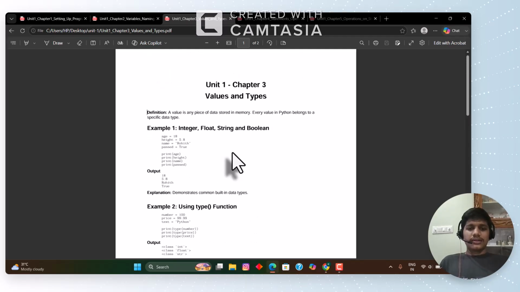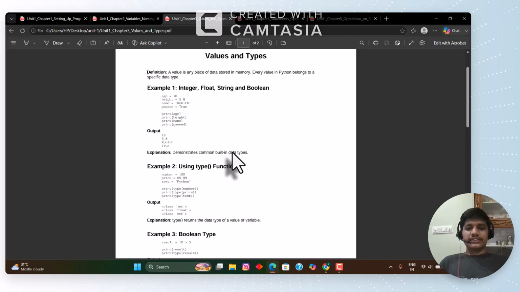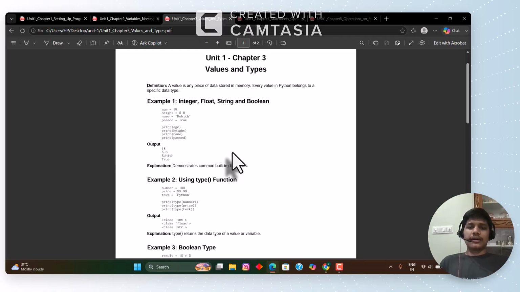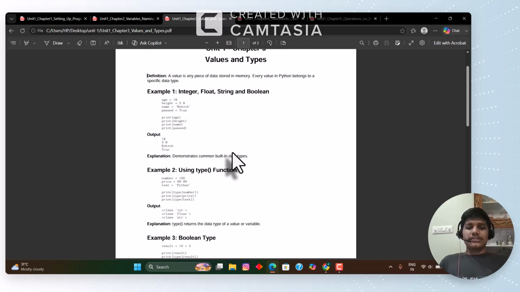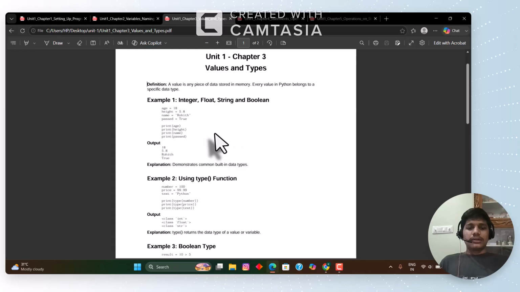yeah, integers, like data types. I wanted to say this before, but I want to show you examples, right? So that's why I waited. So here, 18, 5.8, Rohit. Yeah, if you see,